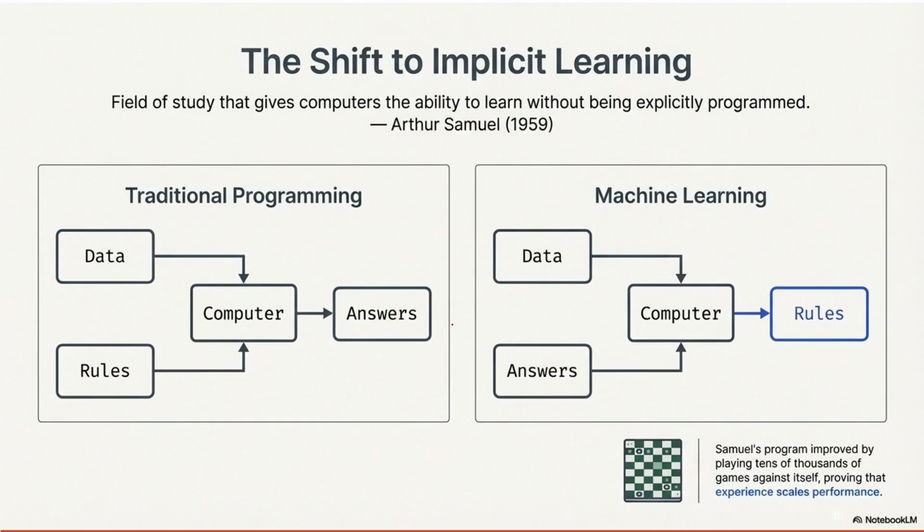Okay. So this is the popular definition of machine learning by Arthur Samuel, and he gave this definition in 1959, that machine learning is basically the field of study that gives computers the ability to learn without being explicitly programmed. This is very popular and a standard definition of machine learning by Arthur Samuel.